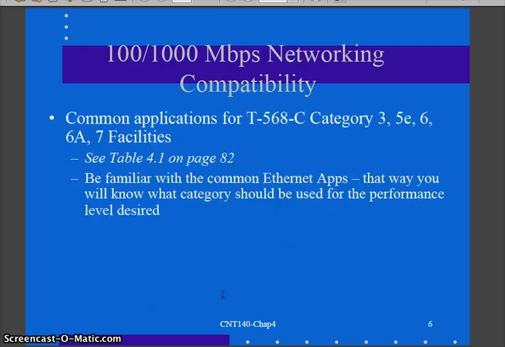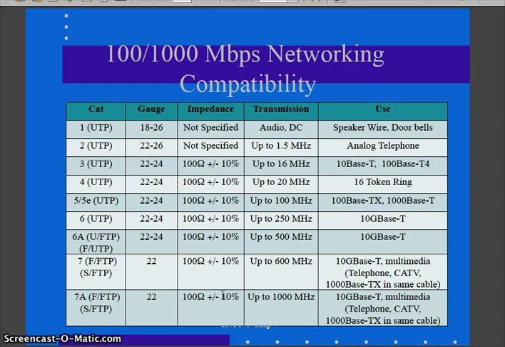That's important. Common applications. There's a table in the book that shows you common applications for Ethernet, the amount of bandwidth I use for downloading a file, that sort of thing. I'm going to refer to the one we made up, getting us to think again along the same category. If I need gigabit to the desktop, I can get by with 5E. But if I need 10 gig to the desktop, I should be thinking 6. Category 6 cabling would at least handle an upgrade to 10 gig down the road. That should be kind of a bare minimum.